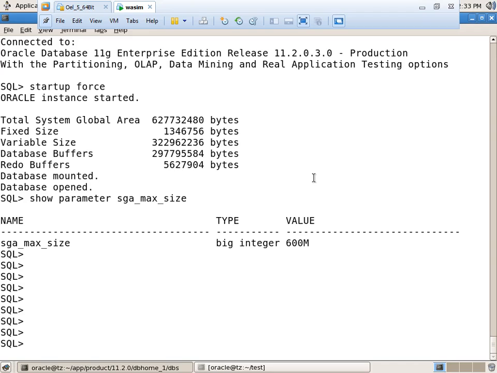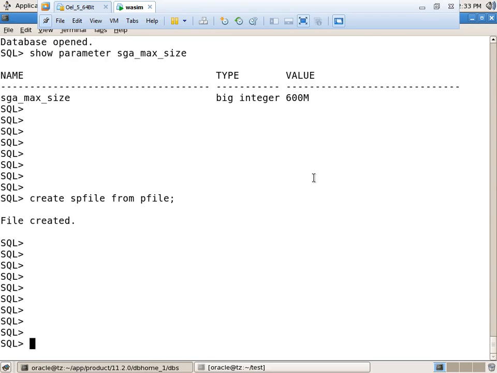Now I am creating an SP file from a P file. Okay? How can we create it? See, this is the command. If your instance is started through a P file, we can create an SP file from the P file.